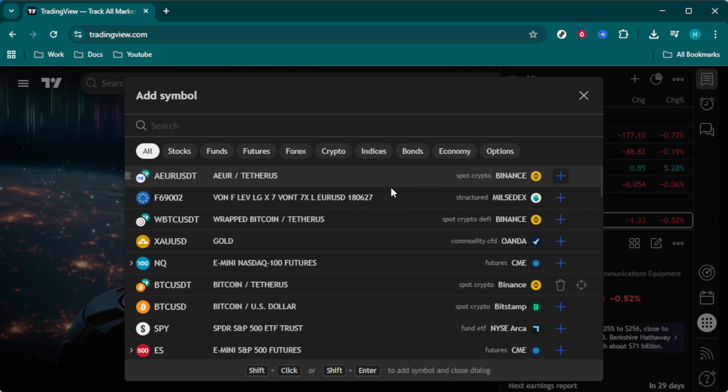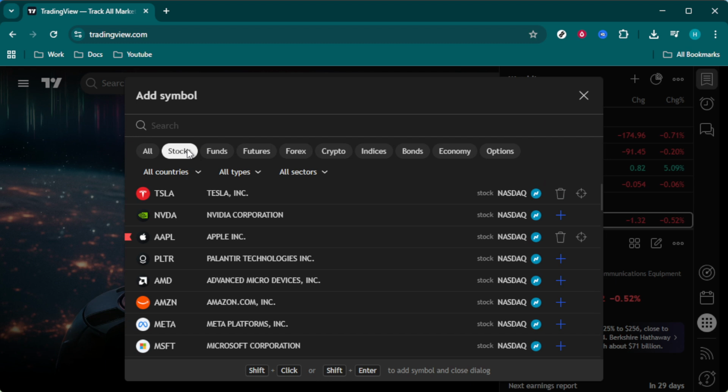After clicking on the plus sign, you will want to direct your attention to the option labeled Stocks. This is your entry point into the world of stock trading. Clicking on this reveals a diversified spectrum of investment opportunities. Whether your focus is on technology, healthcare, finance, or any other sector, the stocks section has something for every investor's